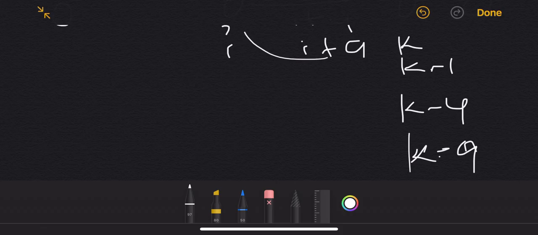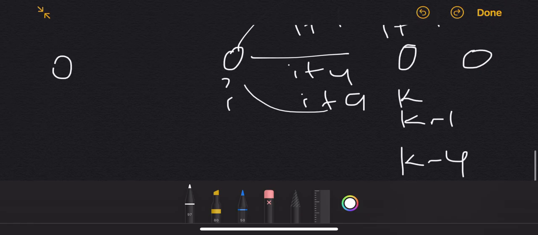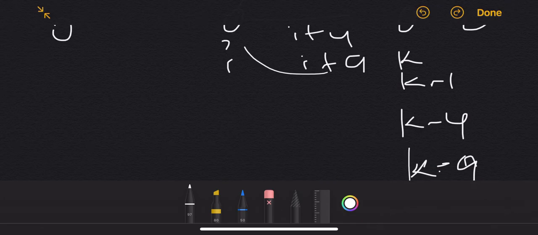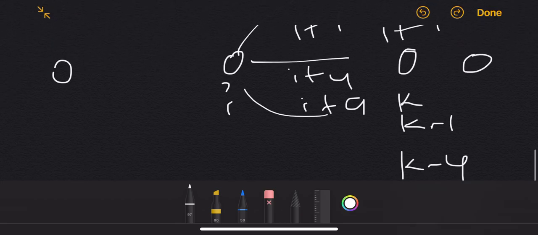So the problem is we know all the nodes which lead to k. Now we have to find the nodes which lead to k with minimum number of hops. So for example, take k minus 1: it is 1 plus the number of hops to k minus 1. If we are coming through k minus 1, let's say you came to this k minus 1 with 10 hops, and you can come to k in the 11th hop, right?